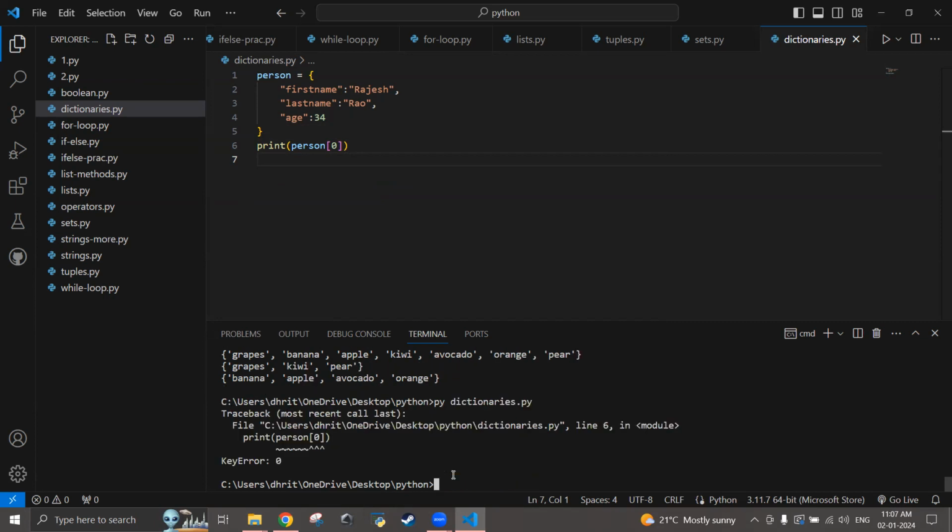Dictionaries.py. So it is saying key error. Okay. We cannot have it like this. So for that, we need to know how we can index them. So now here, what happens is if you observe, each data is stored